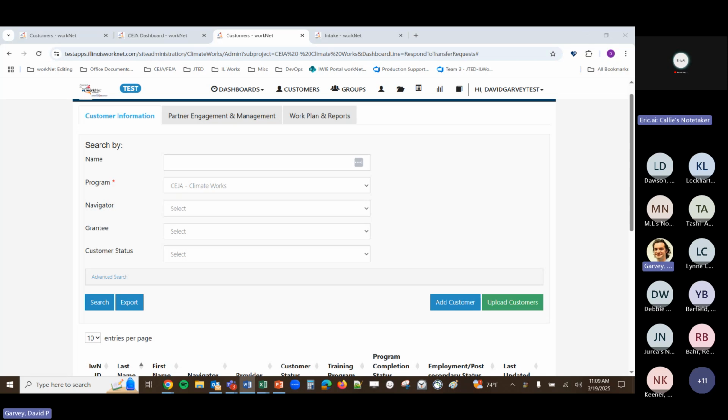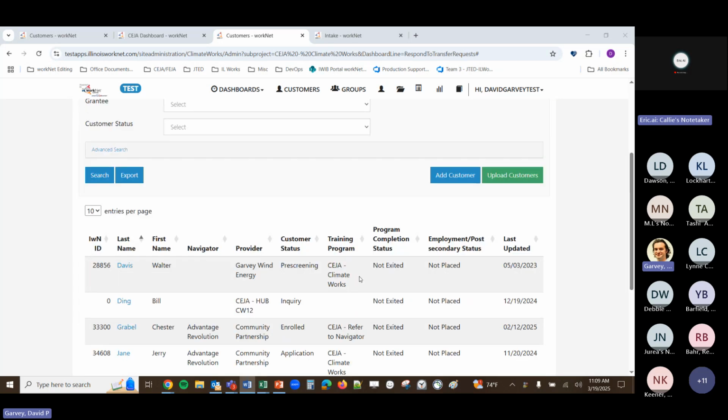If in round 1 their overall program status is, let's see, withdrawn, incomplete, or I think successful completion, if that round 1 record has a status indicating that their time in the JTED round 1 program is over, then that customer can be added by a different grantee, a different provider, and have a record in round 2.